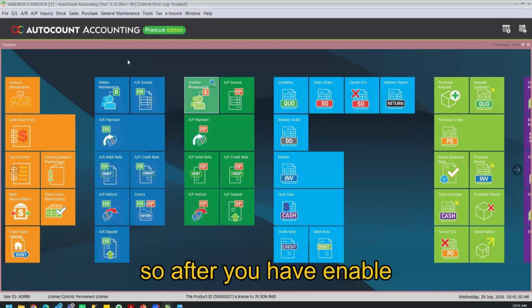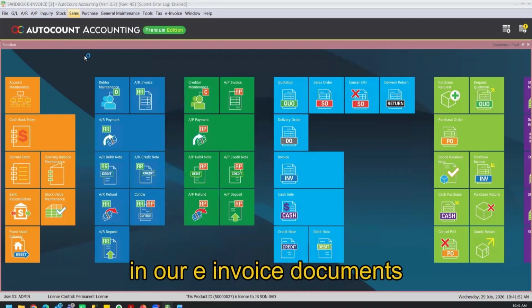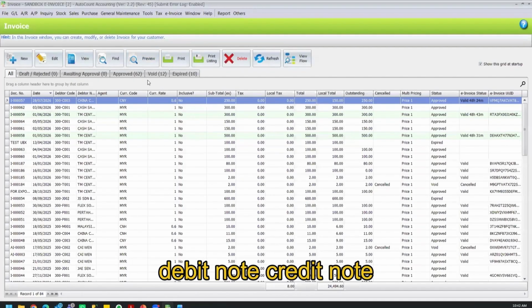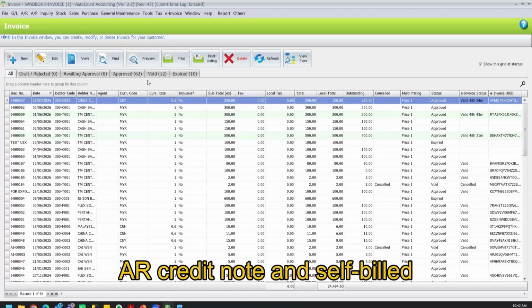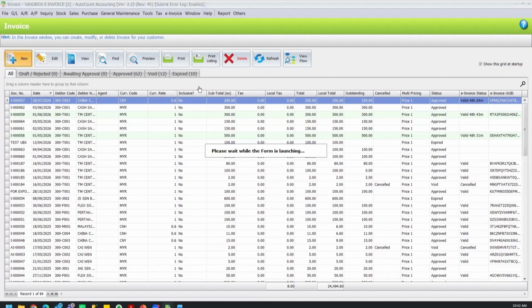So after you have enabled, it's very simple and straightforward. In all our e-invoice documents, which are invoice, cash sale, debit note, credit note, AR credit note, and self-bill, we will have this SVDP function. When we create a new invoice,